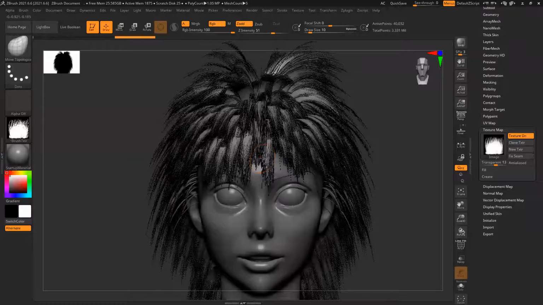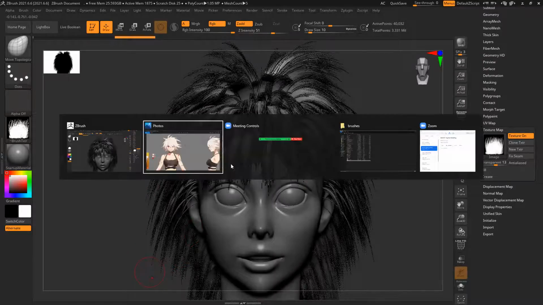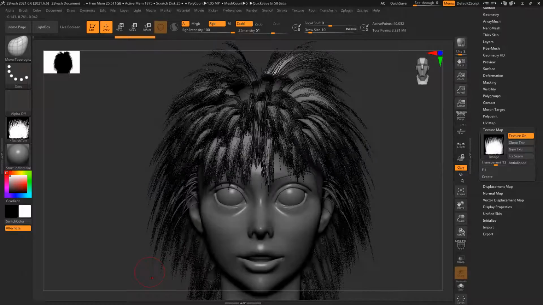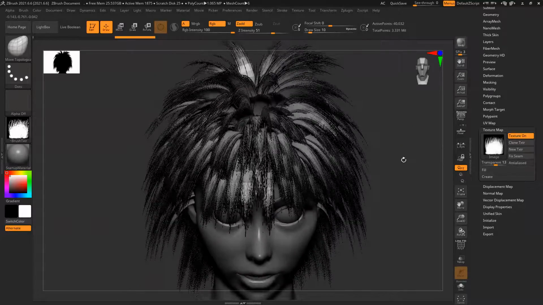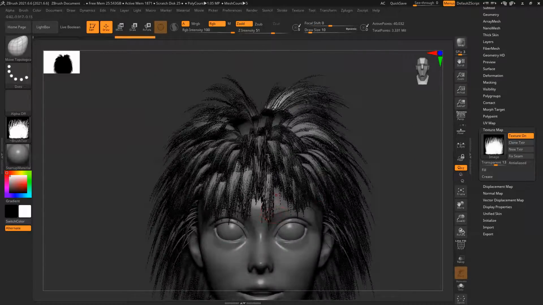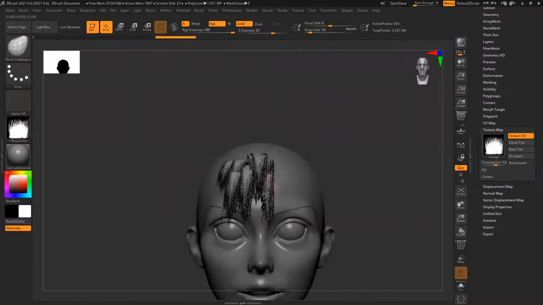Now I have to fix the hair, it's random. Based on this, I have to fix the hair. If you remember, we created polygroups to control everything. So Control Shift, click on any of the hair. This is one hair polygroup, and I can move it directly if I want.